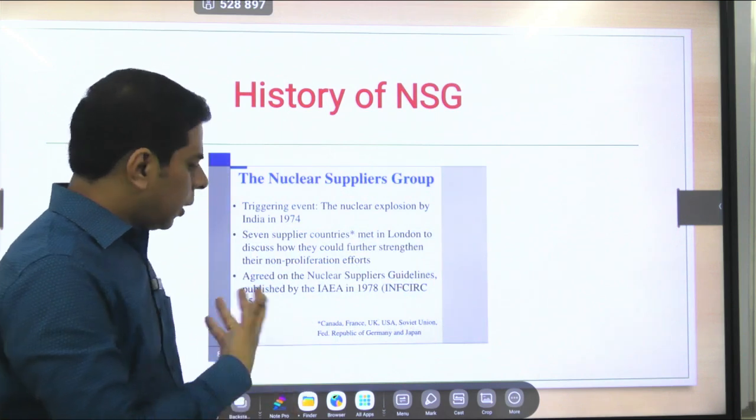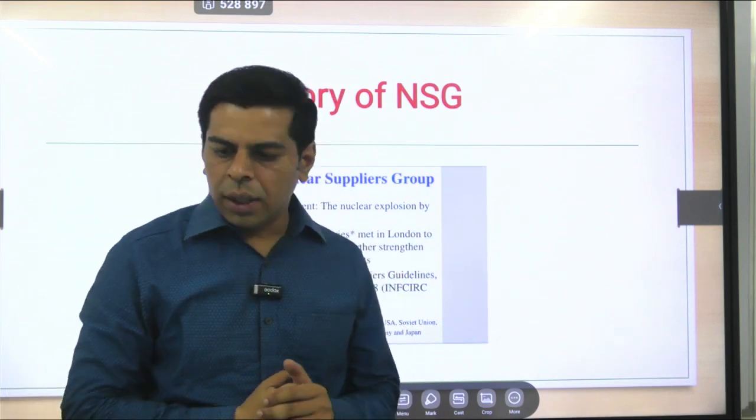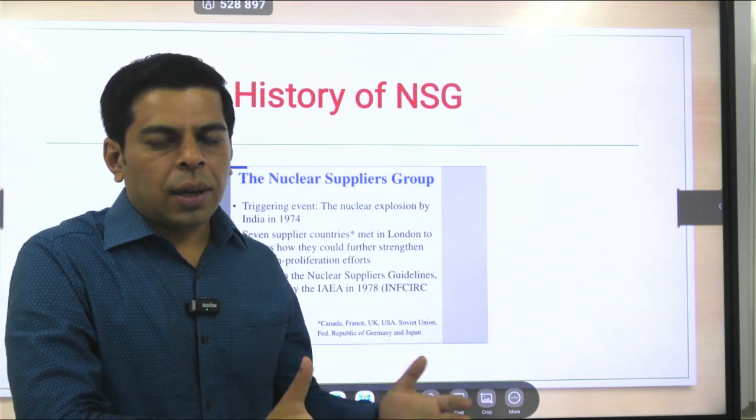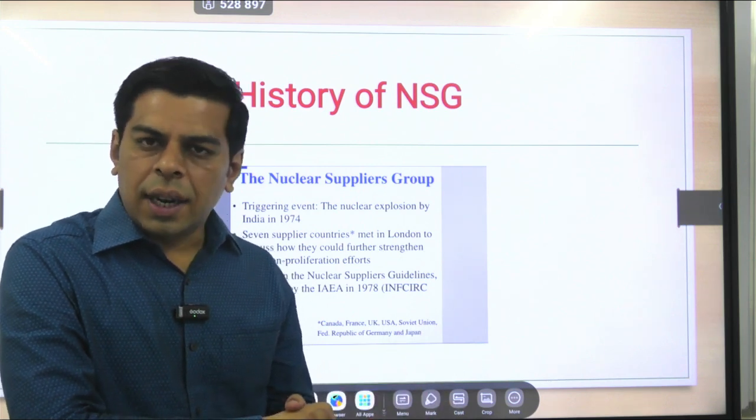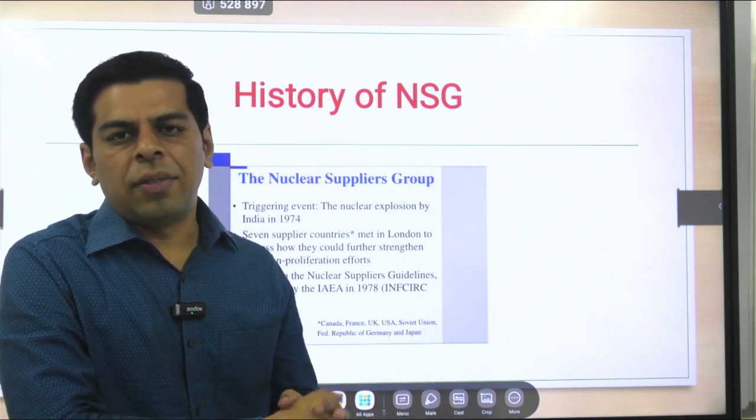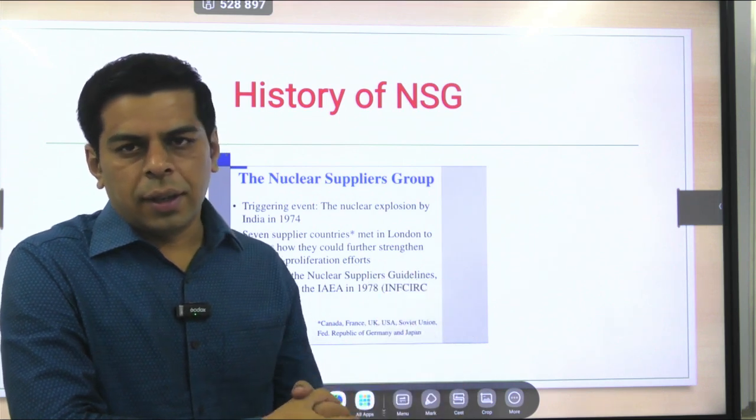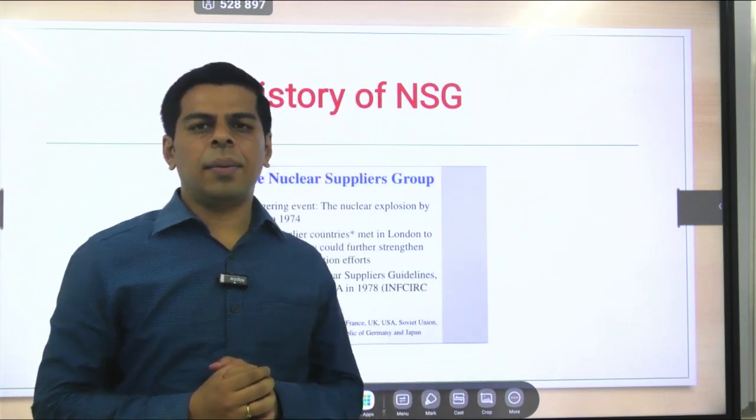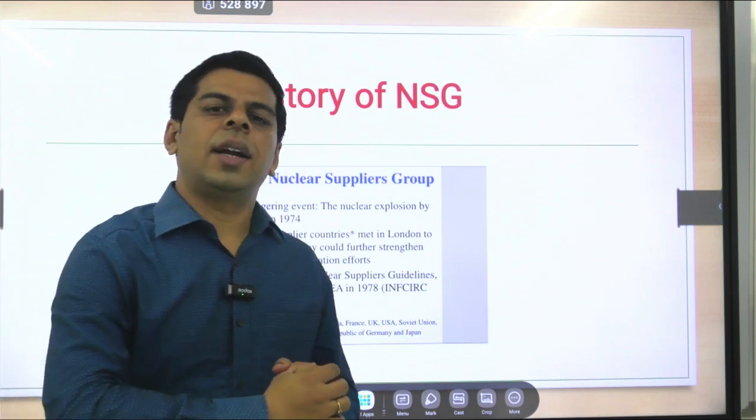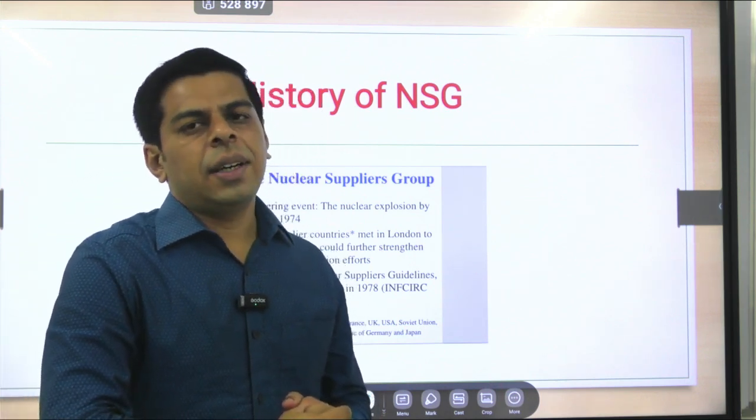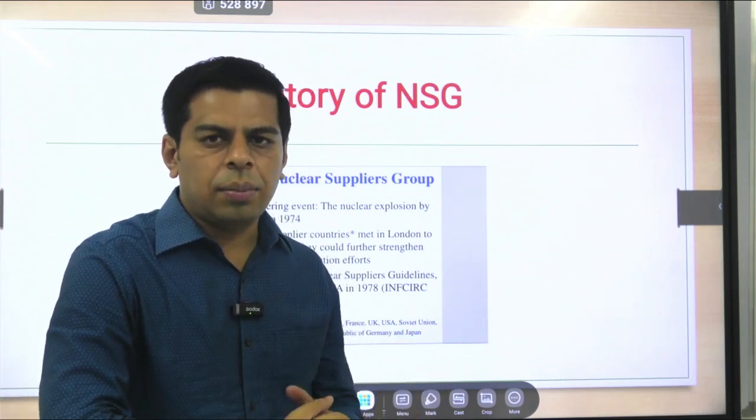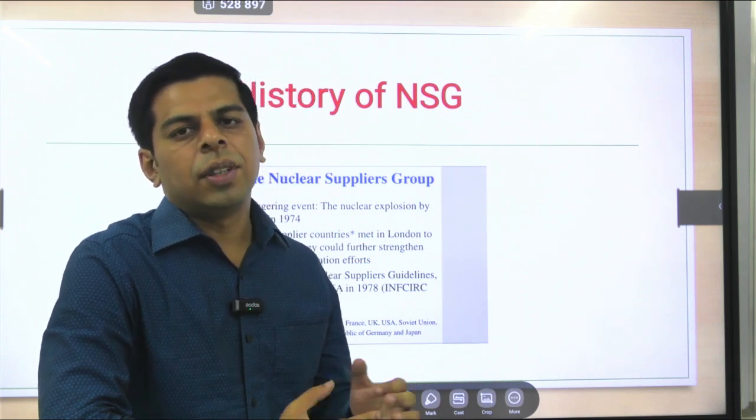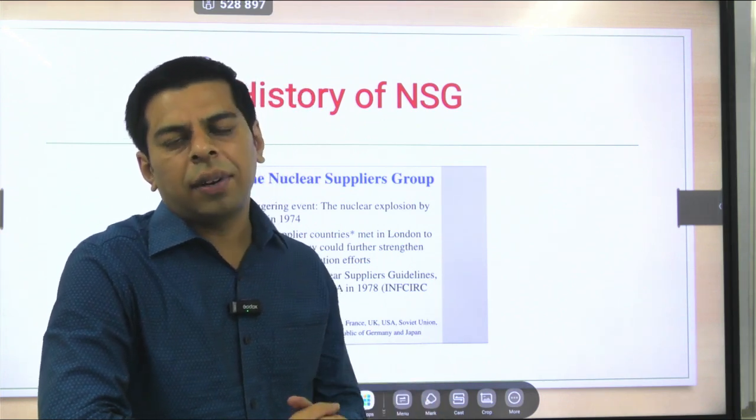Now let's get to the history of this Nuclear Suppliers Group, and this is quite an important part, from where you would understand why India's entry is opposed at the global level whenever we make an attempt. Since 2008 we have formally been trying to get entry into the NSG, but every time we tried, we have faced a hurdle from one particular nation to be specific, which is making our entry quite difficult